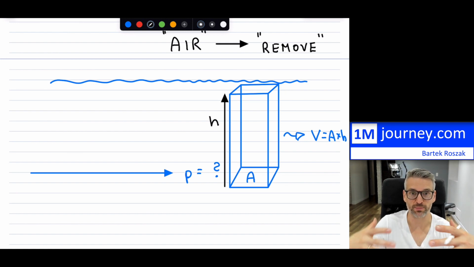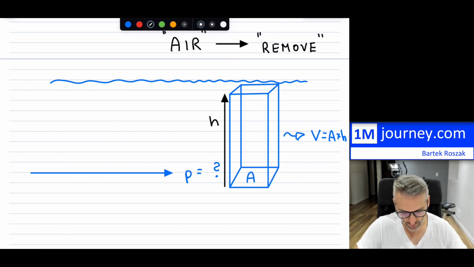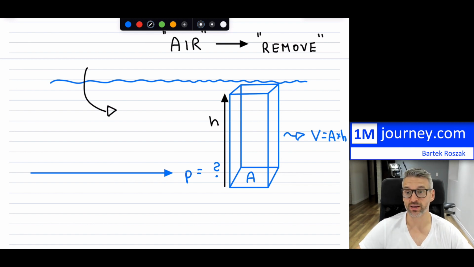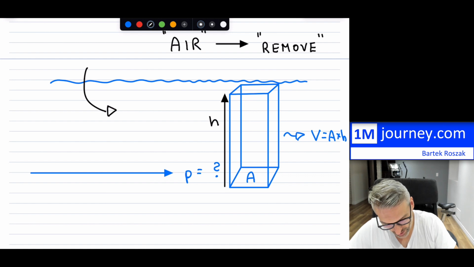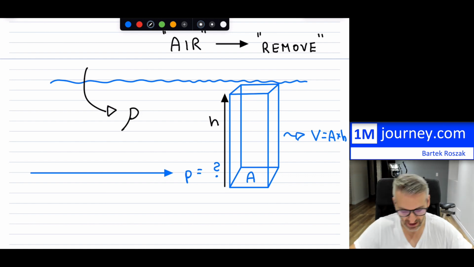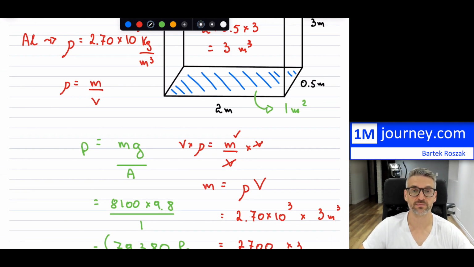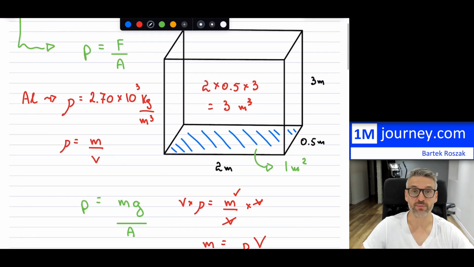Okay, so far so good. Basically looks kind of the same. And now, moreover, someone tells you exactly what fluid you're dealing with. Maybe it is water indeed, maybe it's some other fluid. It doesn't really matter, but once you know it, you can say, now I know the density of this fluid. Just as I said here, what if I knew that it was aluminum? Then I know the density. If I know the density and the shape of the actual object, I can calculate the volume, I can calculate the area,